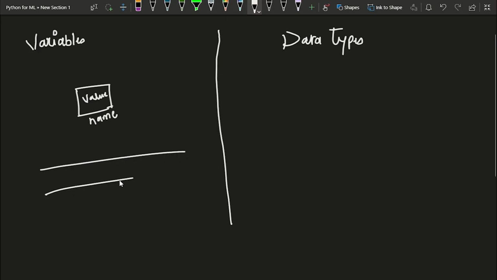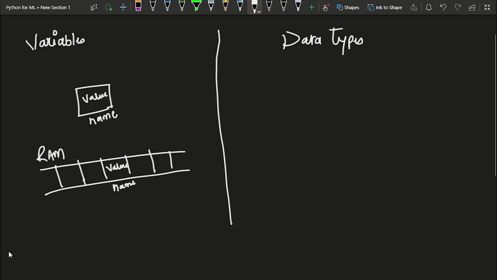For example, this is one-dimensional memory, I mean RAM, and it has multiple memory locations. So each block is represented as a memory location. So let's say your computer has assigned you this block, then this block will have some name, so you have to give some name to this block while declaring the variable, and we will see what exactly I mean by declaring. And then later we have to put some value inside this variable. So this is how it is represented in a RAM.